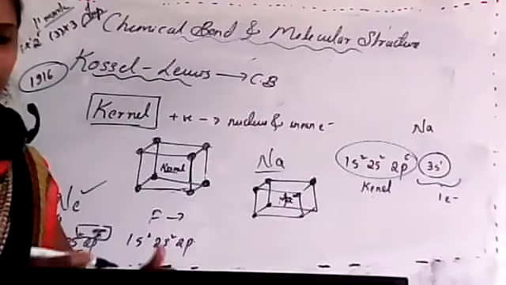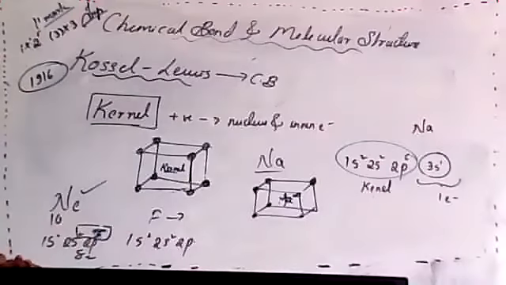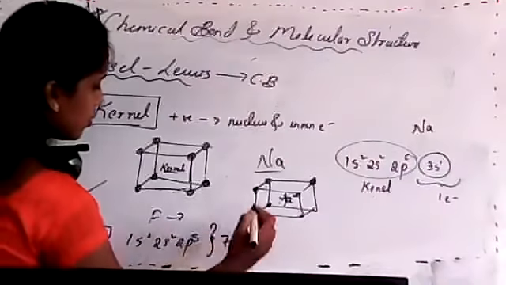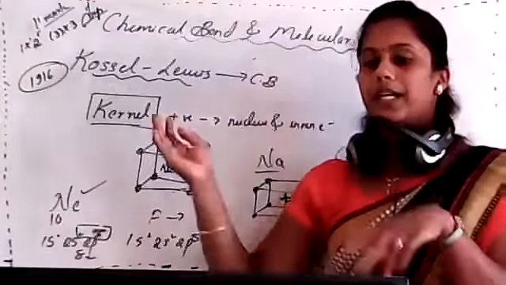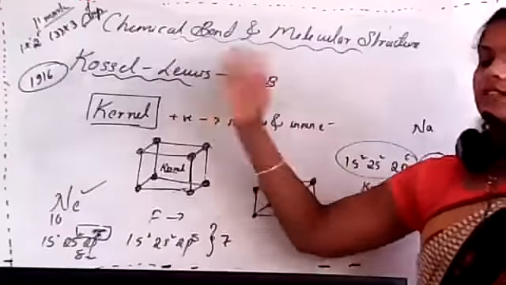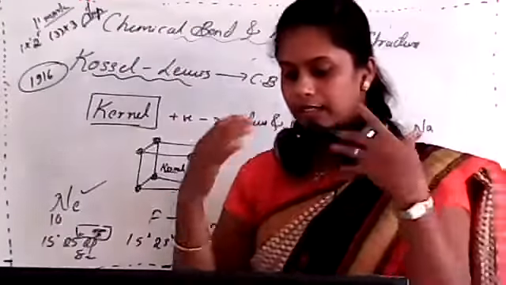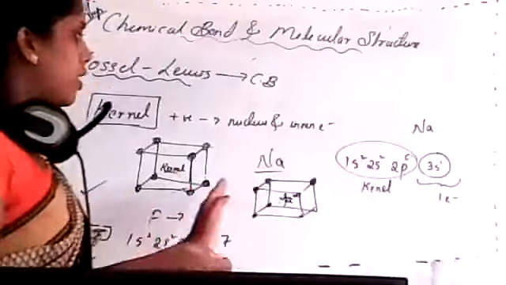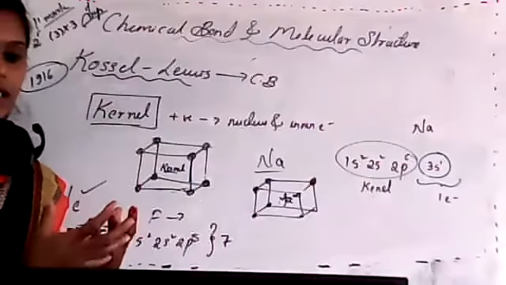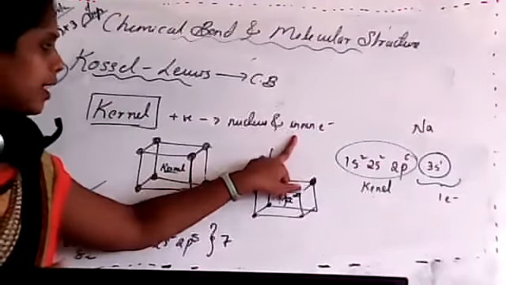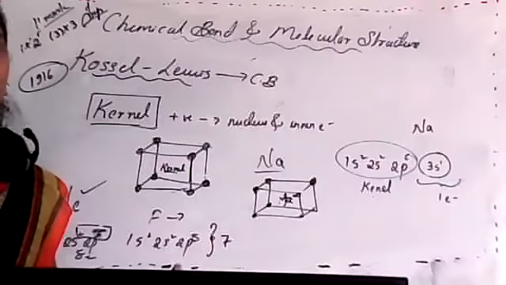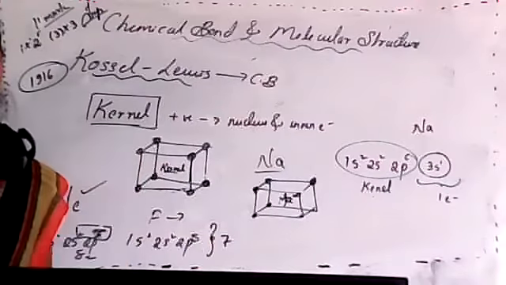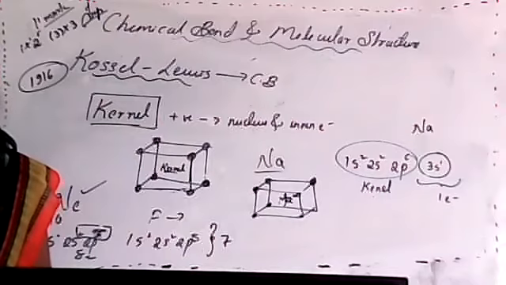Is this clear, student? 2p5 itself, and this is nothing but 7 electrons. That means the cubic shell can be filled with 7 electrons. This was the approach by the Kossel and Lewis theory. The explanation is that a kernel consisting of the nucleus and inner electrons will be covered with one cubic shell where the valence electrons will be filled.